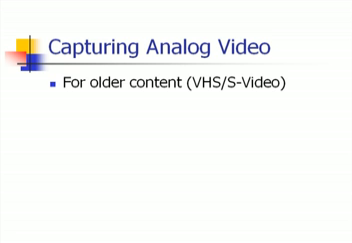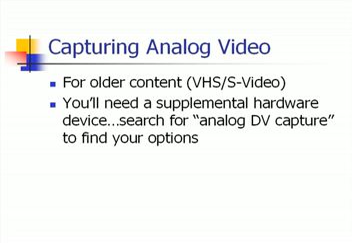Now here's how to capture video from tape in an analog camera or VCR. Analog video capture is useful when you have older video content, such as a VHS tape, and want to convert it to digital. Or you may have an older camcorder that only provides analog outputs, such as composite or S-video. Performing analog capture requires a hardware device that can take video input from a composite or S-video signal and convert